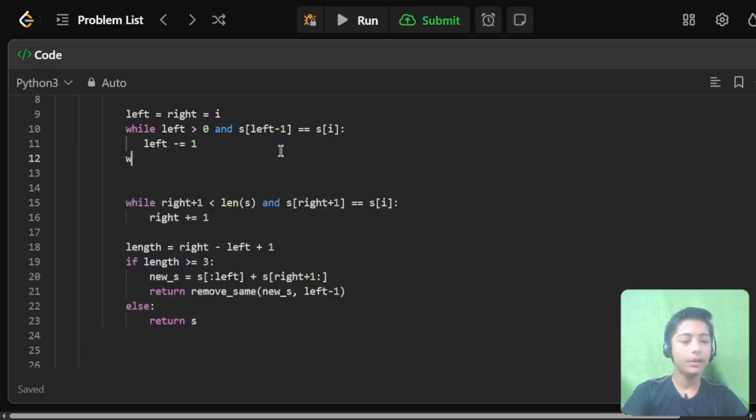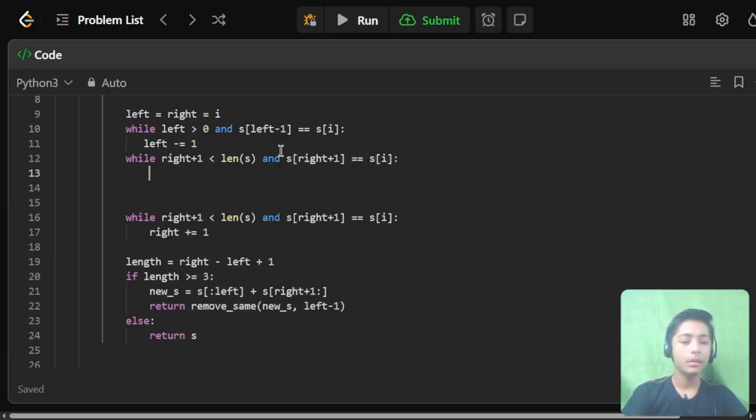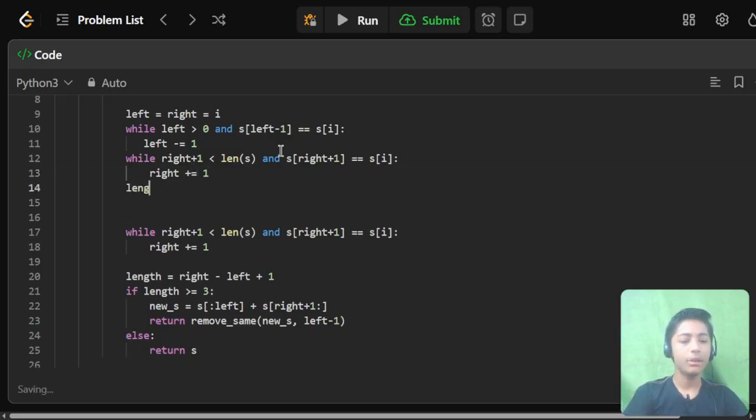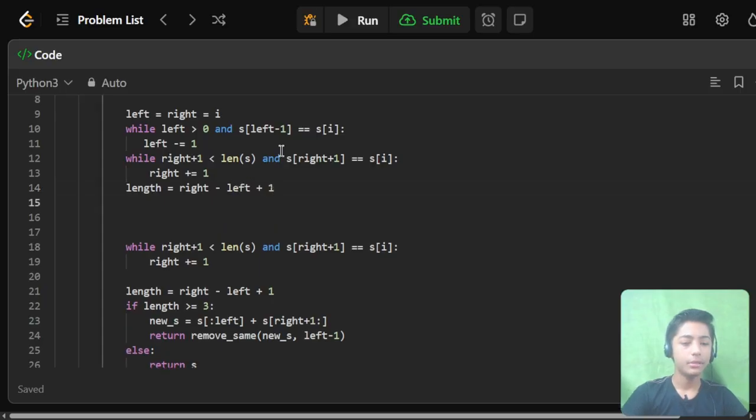Now here we define while right + 1 < length, where I am finding the length of our s, and s[right + 1] == s[i]: right += 1. Now here I am finding length = right - left + 1.